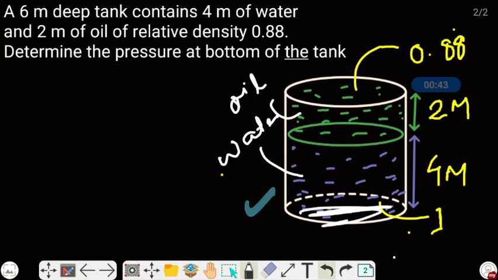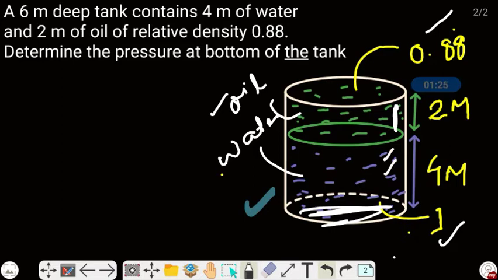In the last video we discussed how to find the pressure at a depth of h, but the problem in this question is that there are two types of liquid in the above region. One is oil, which has a relative density 0.88, and one is water, which has relative density 1. So the direct formula for pressure, rho gh, cannot be applied directly here. In this type of problem where multiple fluids are in the above region, we need to do one conversion. We need to convert this liquid height into the same liquid height that is here.